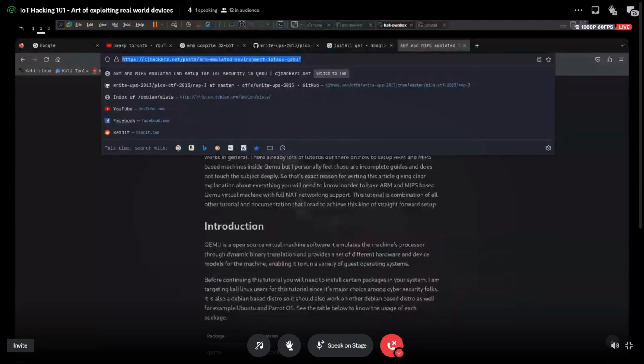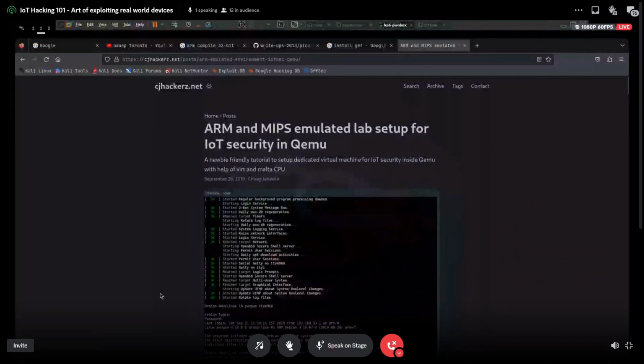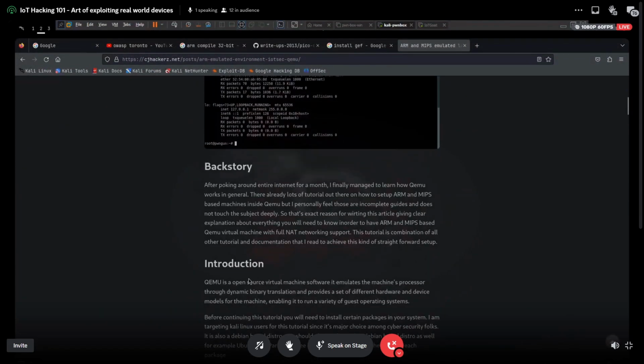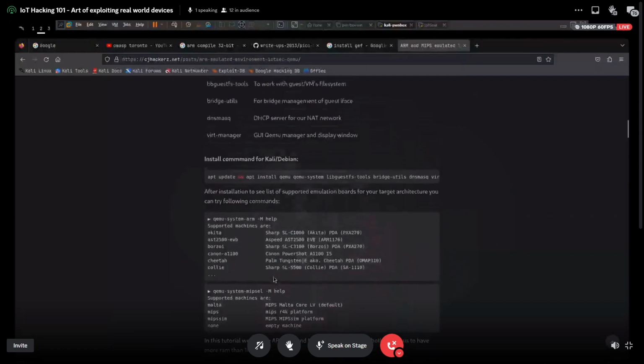So how do you set up that environment, you may ask. This is the blog I've written quite a while back. In this blog, I covered the whole process behind setting up your own QEMU environment, where you can set up any kind of architecture-based Debian OS, whether it's MIPS or ARM.